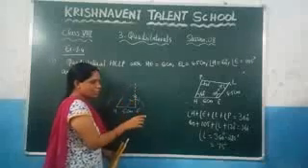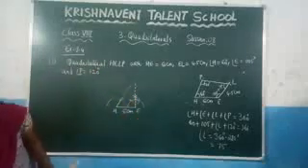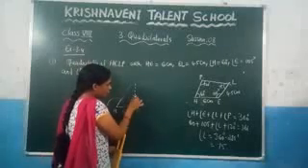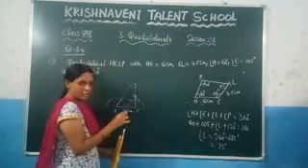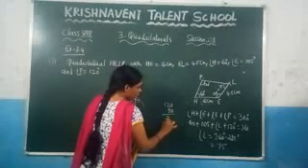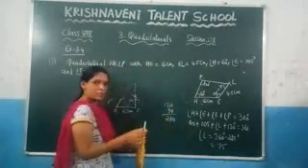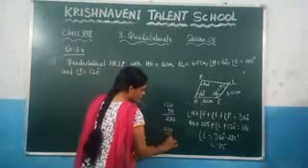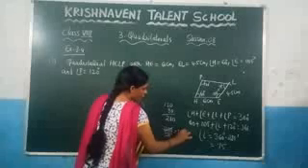Just now we have calculated how you get 105. In between 90 and 120 degrees you will get 105, right? Just now we have calculated 120 plus 90, what you will get? 210. In between, that means if you take half of this value, which is nothing but 210 by 2, this gives you here 105.